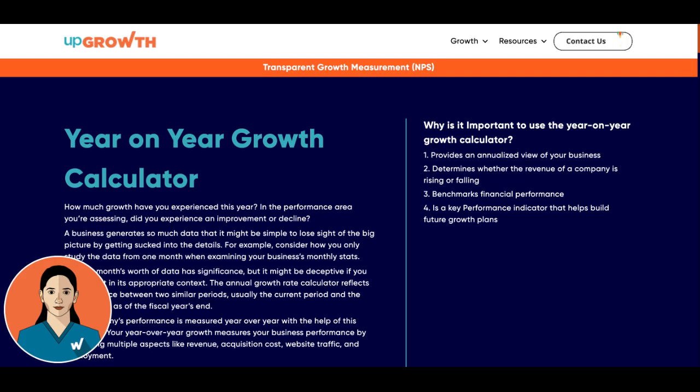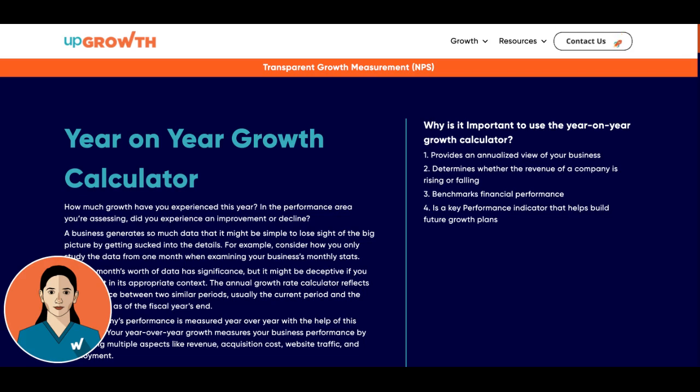It can be beneficial for various industries, including but not limited to retail, real estate, technology, finance, manufacturing, service based businesses. It can help you measure revenue growth and customer acquisition, assess portfolio performance, analyze property value, track sales growth, and identify trends in consumer behavior. So, the advantages are unlimited.